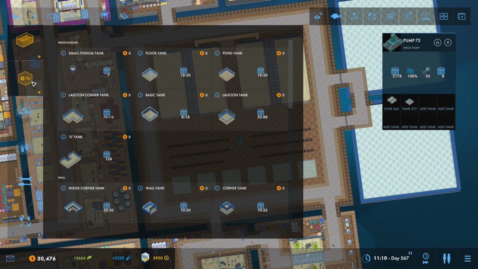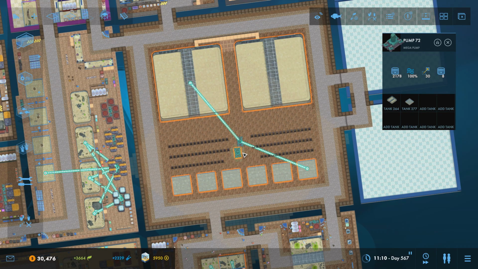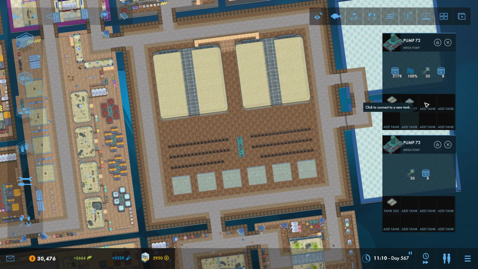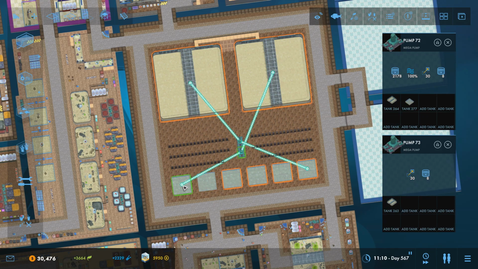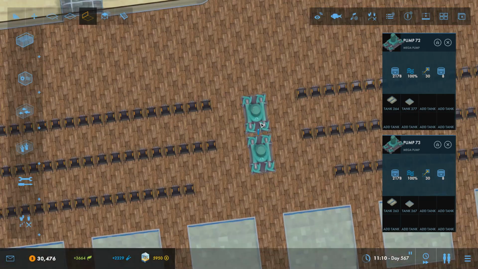We'll work out as we go through exactly what we want to be cold and exactly what we want to be hot. But now if we come in and grab another one of these mega pumps, we will add one just behind it there, and that will link to this one. And I suppose because we've got this one as being cold water, then this one over here should really be hot water. So we will link this one to that one over there. And then, because these have no durability, they don't need any maintenance, we can just block these in so that the people can't see them. And that will give us a nice